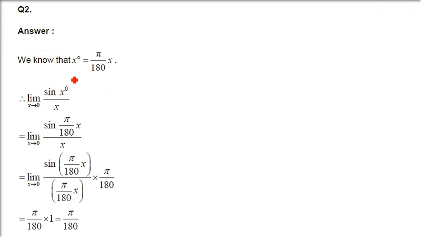This is question number 2. In all these discussions we had, theta will be in radians, but here theta is specifically given as x degree, right? So all the formulas which we have seen are true only for radians. So limit x tends to 0, sine x degree. Now let us convert this x degree first to radians.